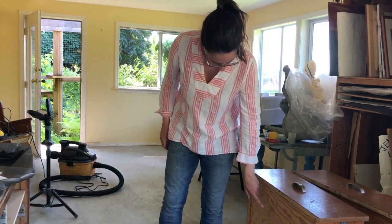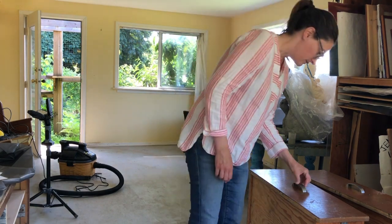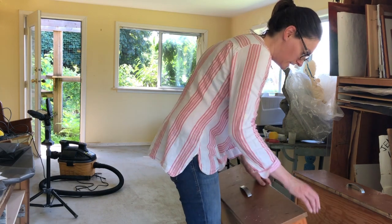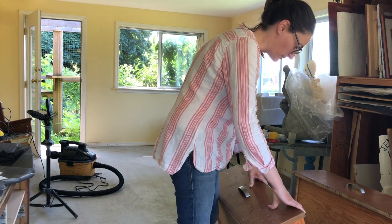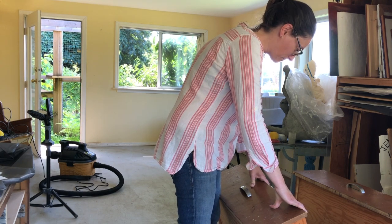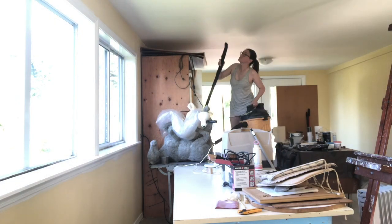Whoever made this, actually, now I see they labeled the drawers. I love it when you use something that somebody else made and you can see the marks of how they made it. It just gives you that sense of continuity, from the hands of one person that made something to another. And I feel like everyone who makes things knows that feeling and that it's